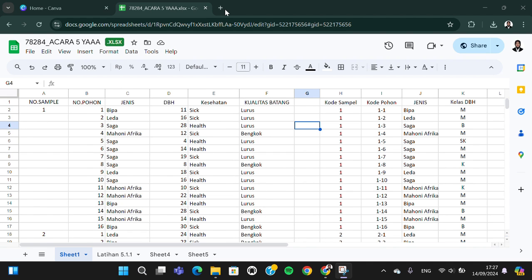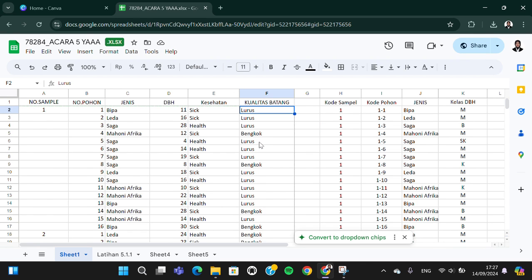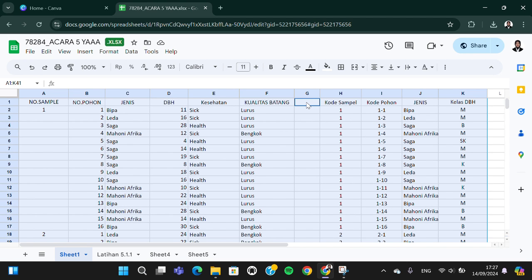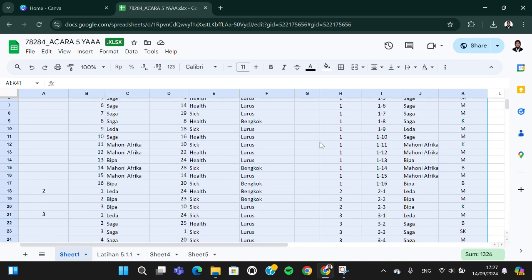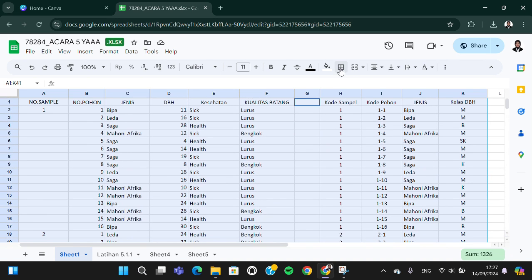If we want to add border, we need to select our data. Make sure you have selected all the cells which contain data. And to make the process faster, I recommend you to use Control A. Okay, and as you can see that all my data has been selected,